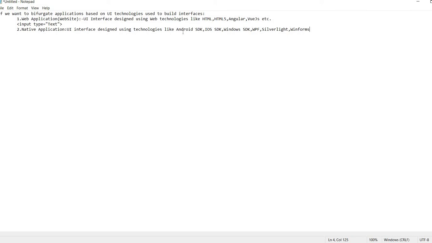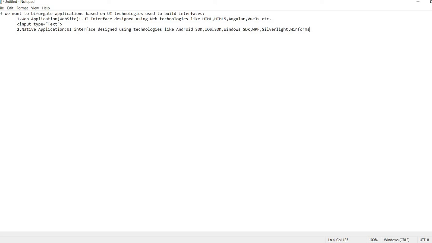Android SDK is a set of libraries to design the applications for the Android platform. iOS SDK is the set of libraries to design native applications on the iOS platform and stuff like that.